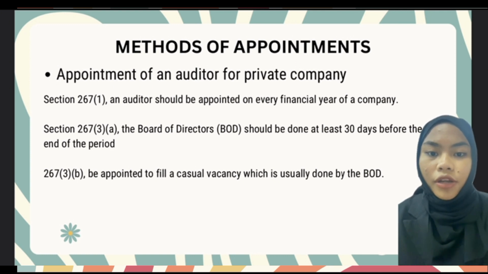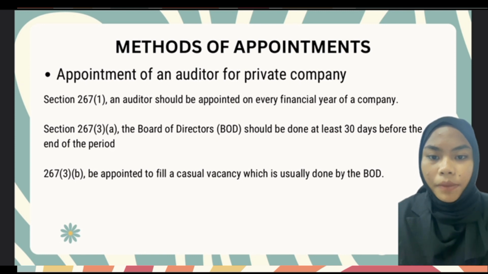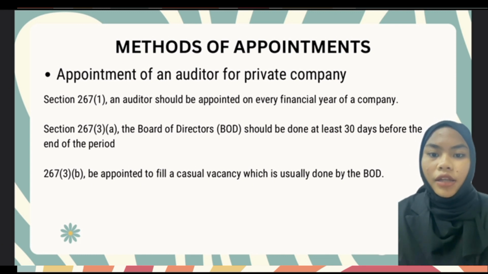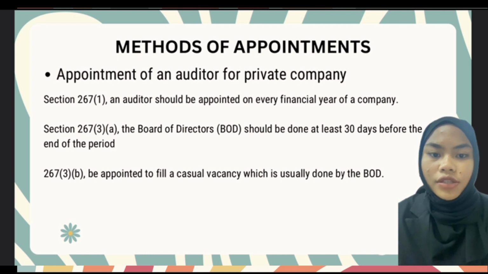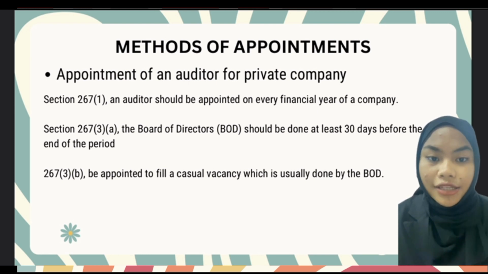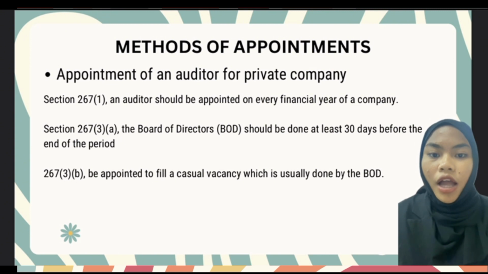If a private company fails to appoint an auditor, a member of the company may write to the registrar to ask them to do so for the company. The auditor ceases to hold office 30 days after the company's financial statements are circulated unless he is reappointed. Auditors of a private company are deemed to be reappointed unless the shareholders submit an objection at least 30 days before the company's financial statements are circulated.